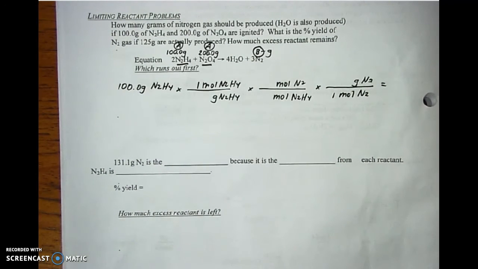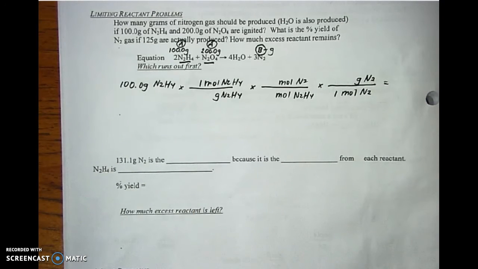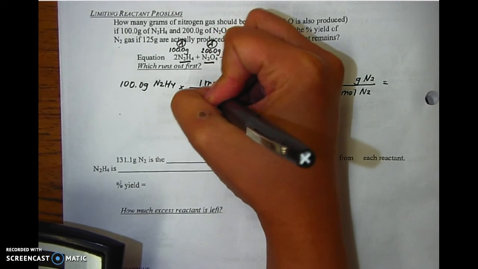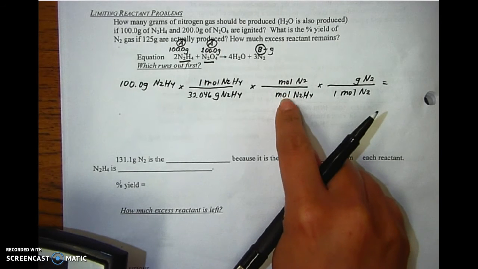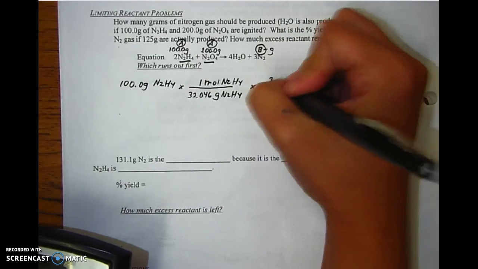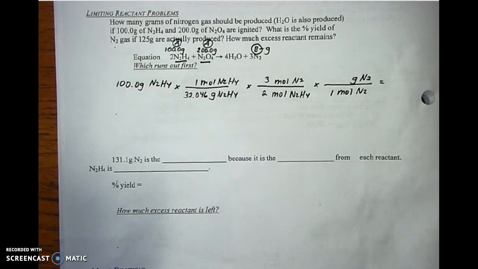So I'm just going to go in and fill in the numbers for the molar mass right here. We're going to be using our nitrogen, so 14.007 times 2 plus 1.008 times 4. And with the molar mass, we get 32.046 here. When we're doing the mole-to-mole switch, these numbers, remember, come from the coefficients of the equation. I have 3 moles of nitrogen gas, and I have 2 moles of N2H4. And then over here for our molar mass of N2, it's